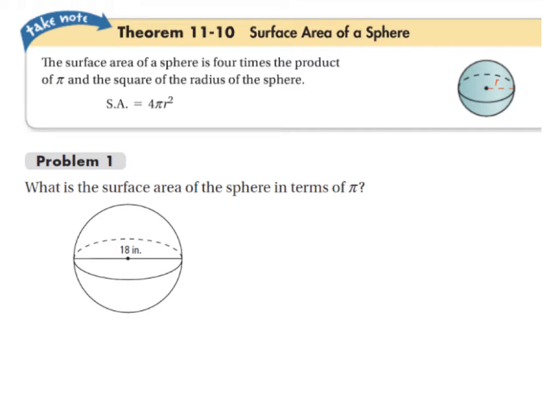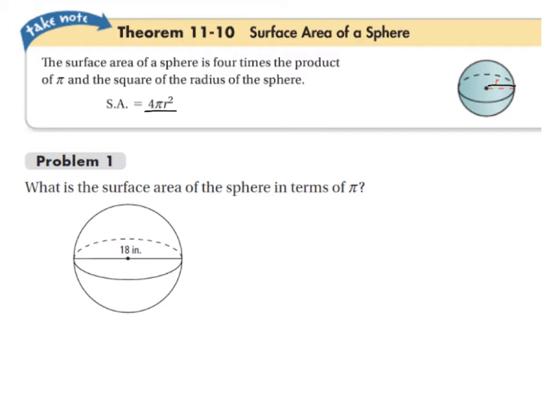First thing we're going to talk about is theorem 11.10, surface area of a sphere. We can find the surface area by taking 4 times the product of pi and the radius squared. So our formula here is going to be 4 pi r squared. And if you look on the picture on the right here, the radius is from the center of the sphere